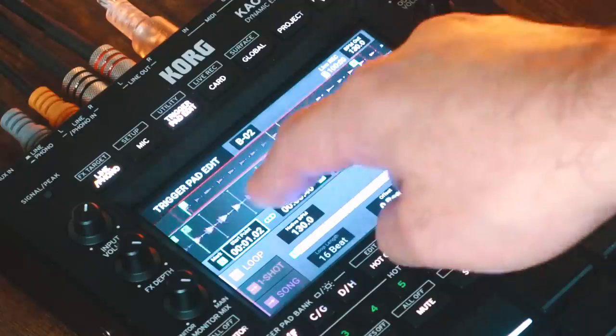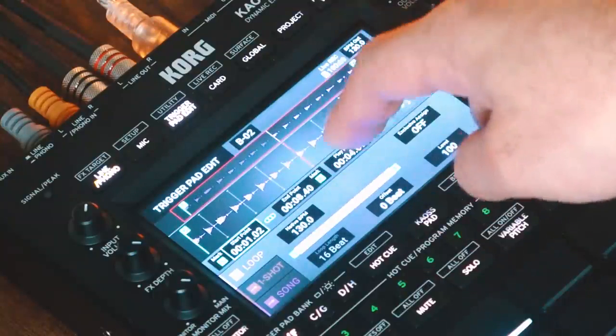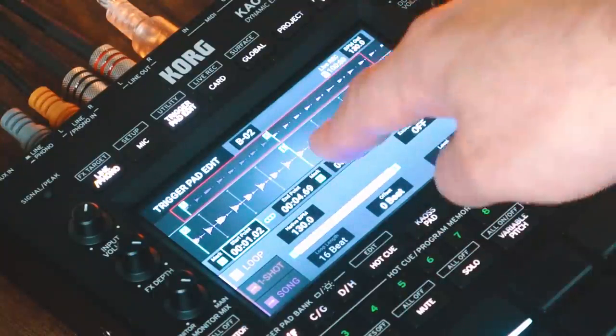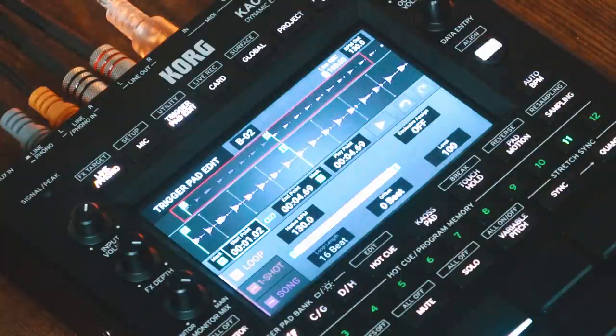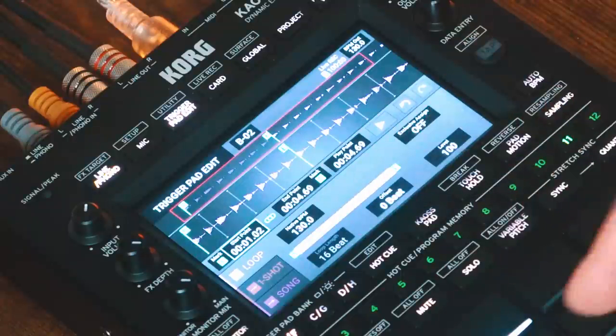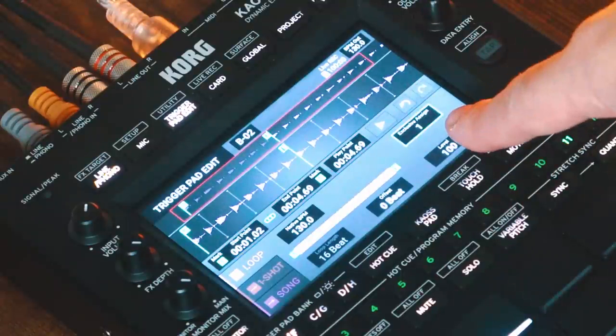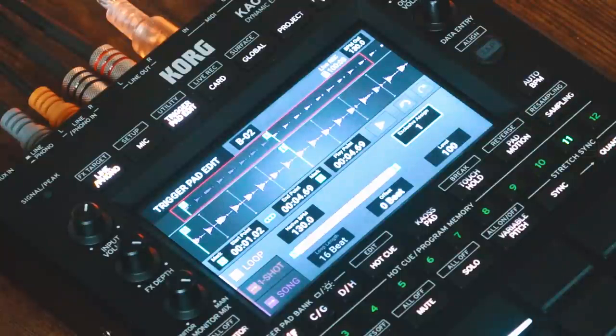You can also just move around your waveform here and mark in where you want the start and end point to be. So now we've changed the endpoint to kind of the middle of the sample. Here you can change the native BPM for the sample. Exclusive assign is like setting a choke group. Click on that. If we have exclusive assign set to 1 and another sample set to 1, only one sample